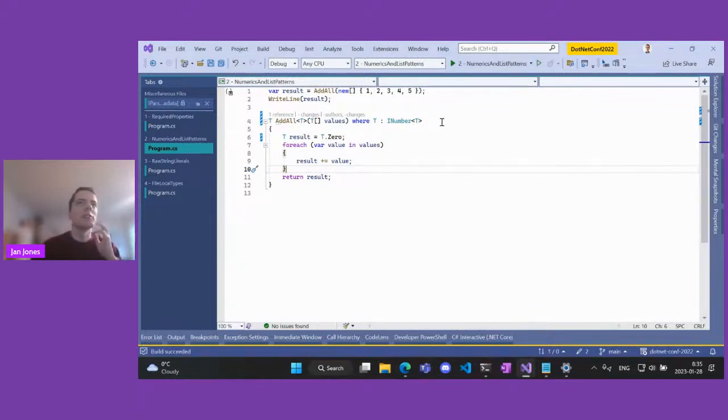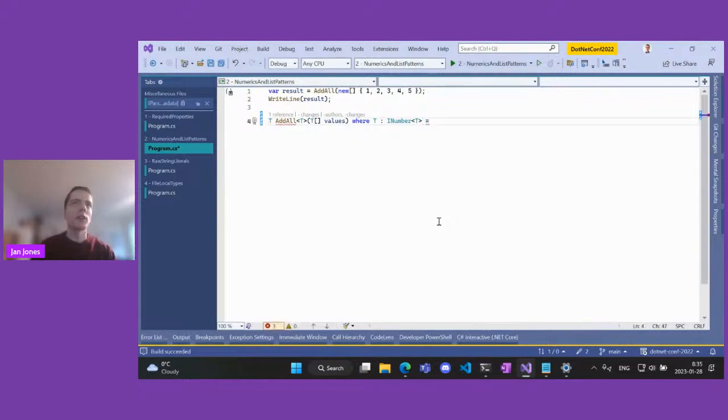And let's look at another feature here of C#11, which is a list pattern. So in recent versions of C#, we introduced different kinds of patterns, and the newest one is list pattern. So let's say I want to be more declarative here, like functional programming almost.